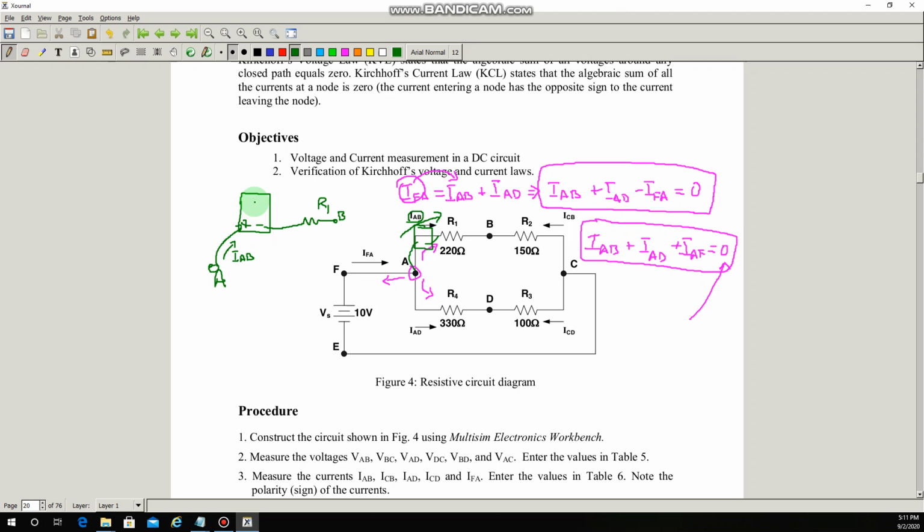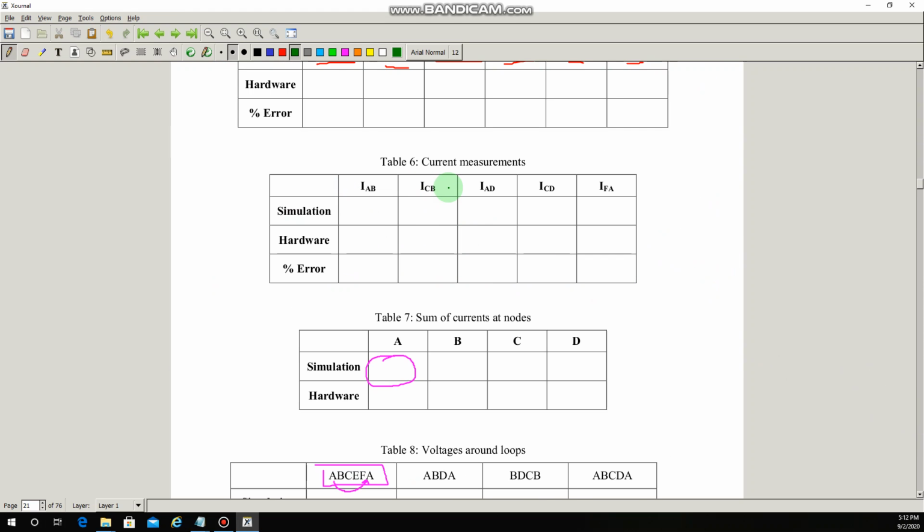of the ammeter. On the contrary, if I was interested in measuring the current IBA, which is actually the current that is flowing in this direction, then I should have connected the ammeter in a flipped position. What does that mean? It means I must have connected it like this. That is, the positive terminal should be placed at this position so that the current IBA enters from the positive terminal. So this is the idea. Please keep this in mind when you are measuring all of these currents, IAB, ICB, IAD.